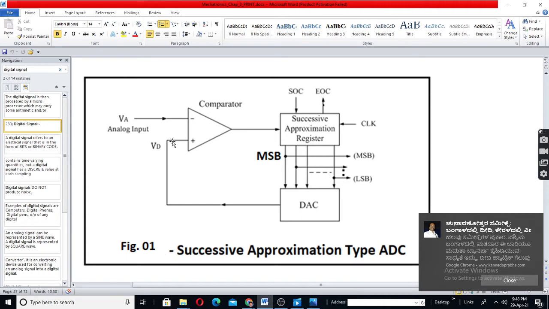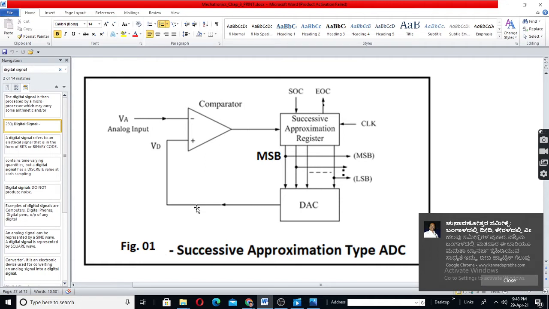Here positive is lesser and negative is more, so comparator output will be 0, which will indicate the successive approximation register to make the MSB 1. Now output will become 1 0 0. 1 0 0 corresponds to a voltage level of 4 volt, so automatically here you will get 4 volt.